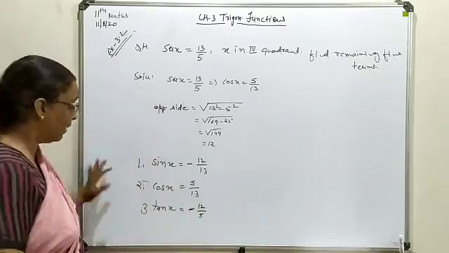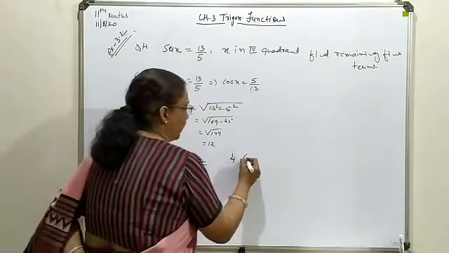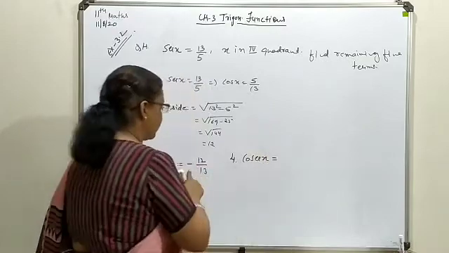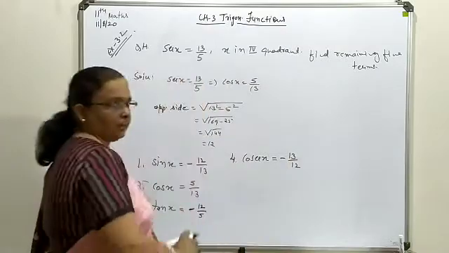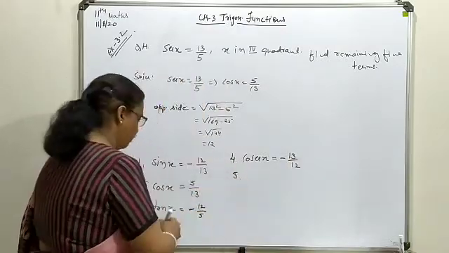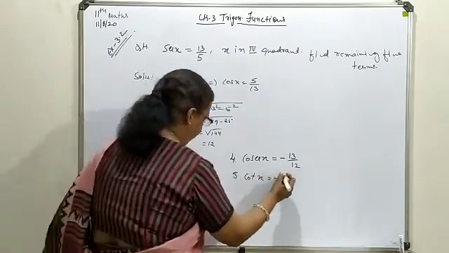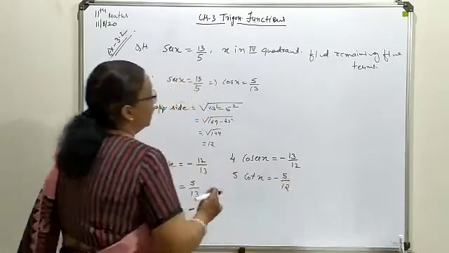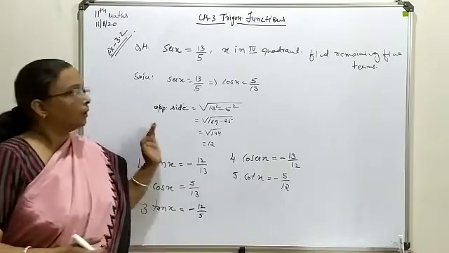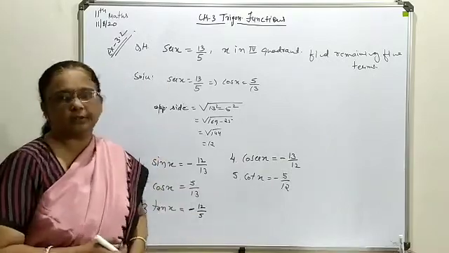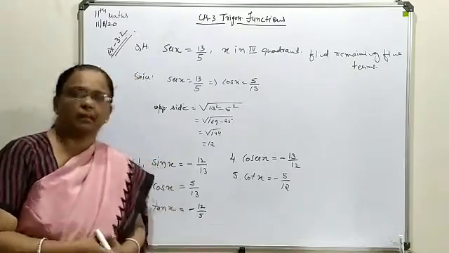Now the remaining 2, meaning the fourth one, here you will have cosec, sec is already given to us. Cosec is the reciprocal of sine, meaning minus 13 by 12. And then the last we want is cot of x, that is the reciprocal of tangent, meaning minus 5 by 12. So this way you can define the required terms, any of the terms may be asked. Here all 5 are being asked. In your exam any 2 or any 3 may be asked to you.